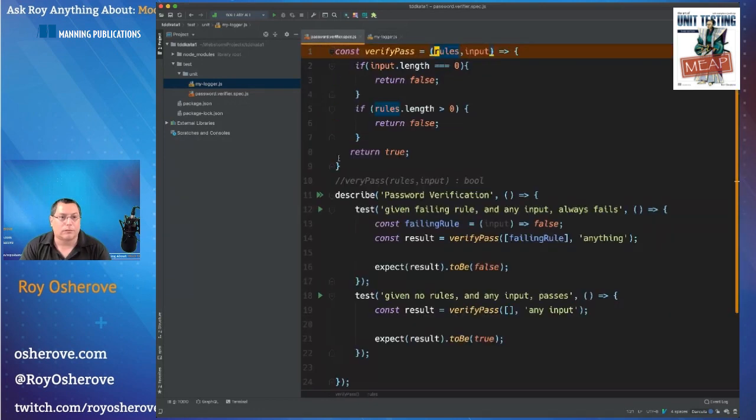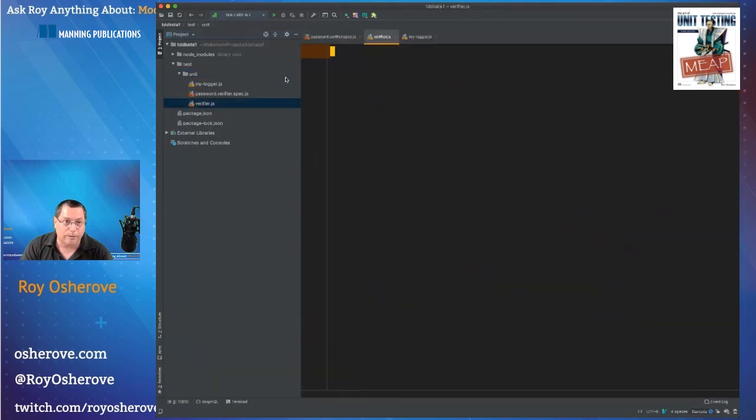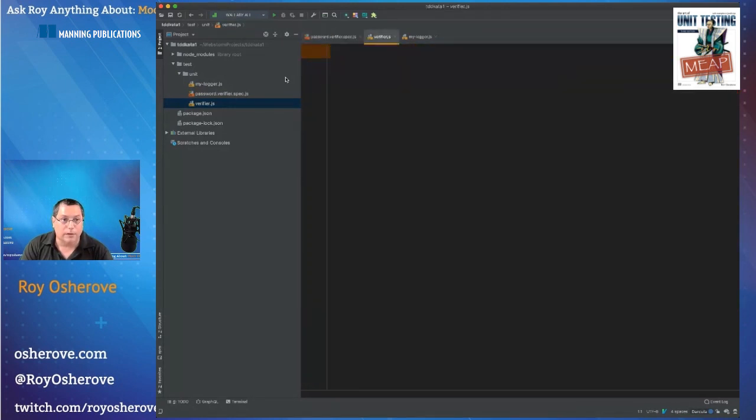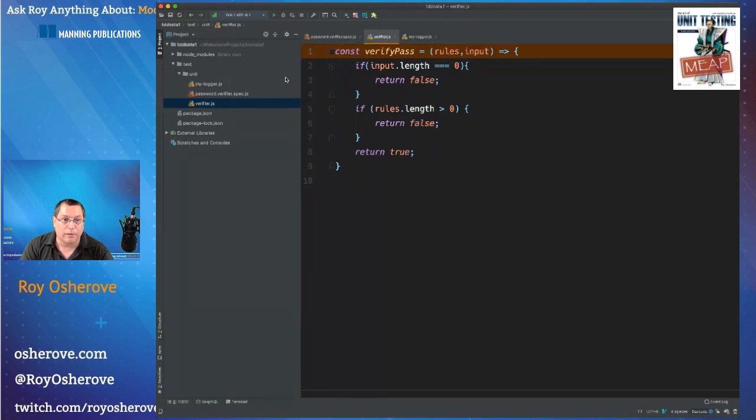So now, let's say that in my verify pass, let's do a new file. We'll call it verifier.js. I'll go back here and take this function, cut it and paste it here.